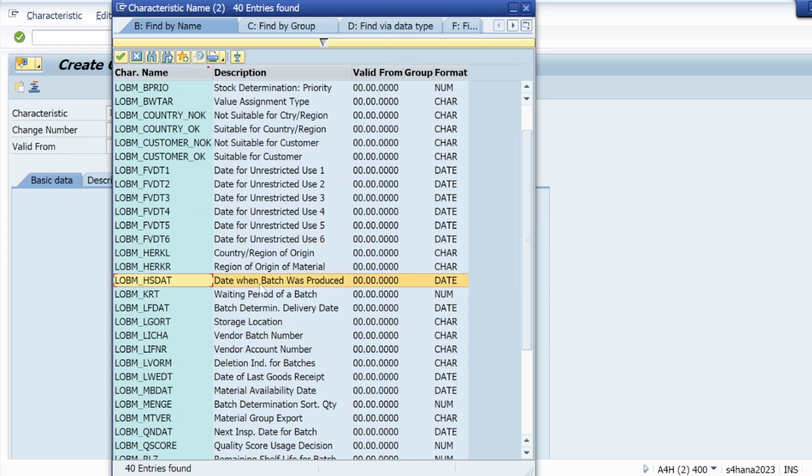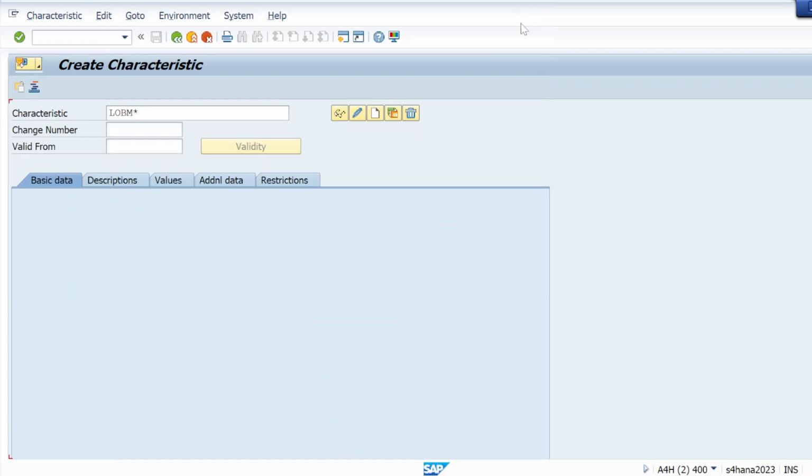Here it is, date when batch was produced. So that must also be displayed while we are doing GR posting. So all these characteristics we are going to add. These all are standard characteristics.